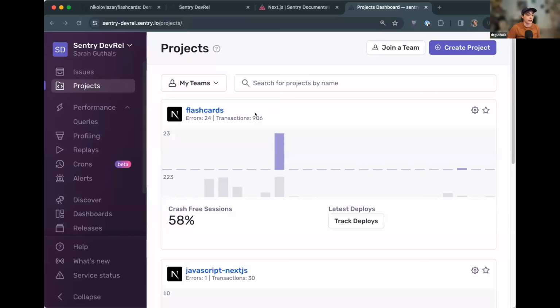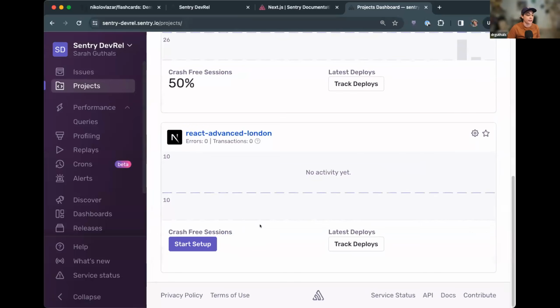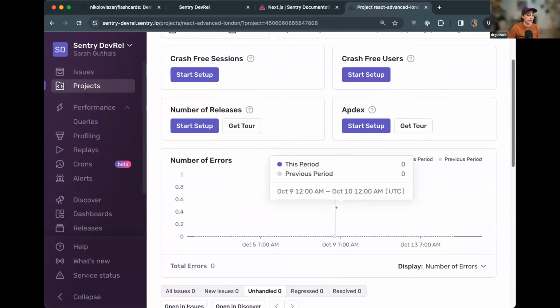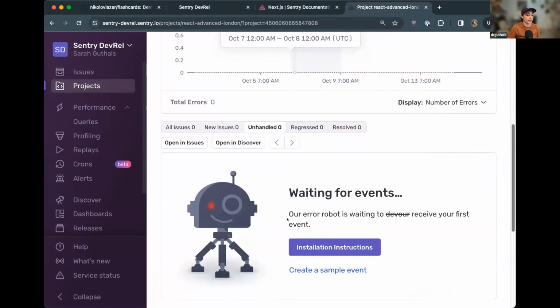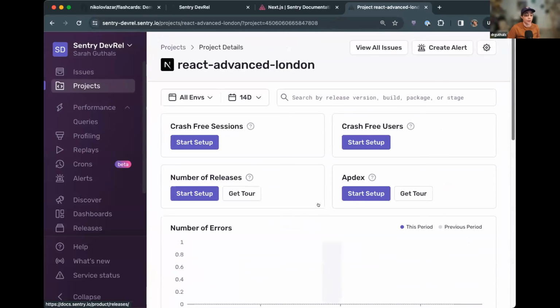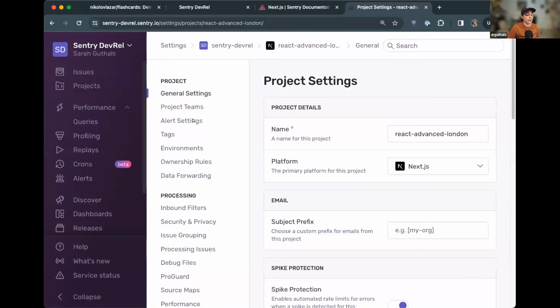And then we also need to go into, I will share my screen again, and we will go into the project so you can actually see it. So here's our projects. Here is the React Advanced London project inside of Sentry. You can see nothing has happened yet because we haven't done anything yet. It's waiting for events. We can get some tours, we can do all the things. If we go into the settings for this project,